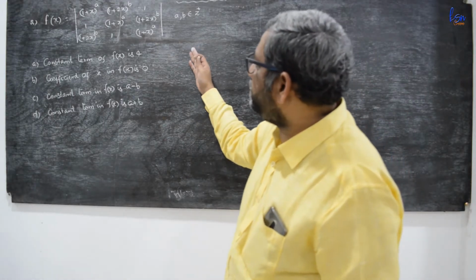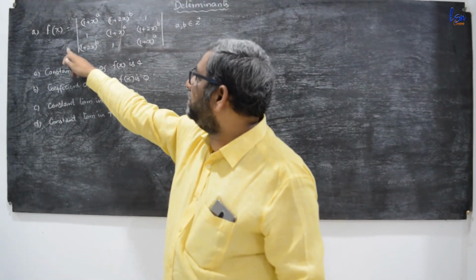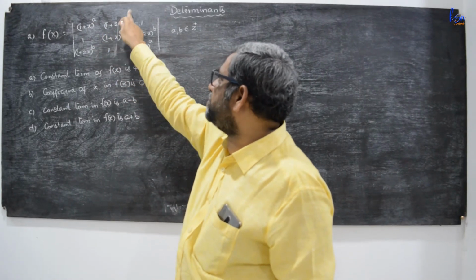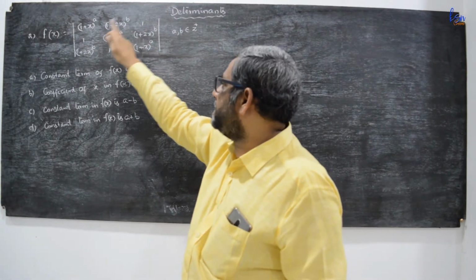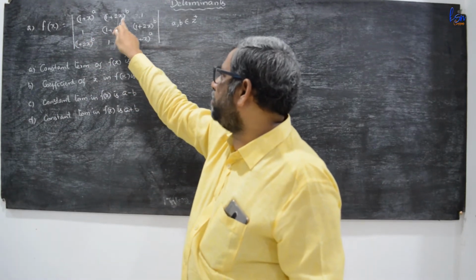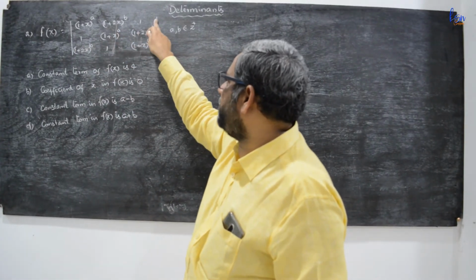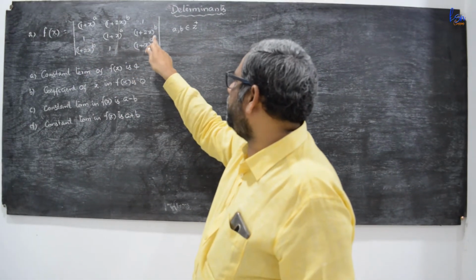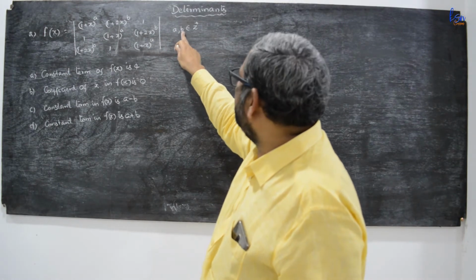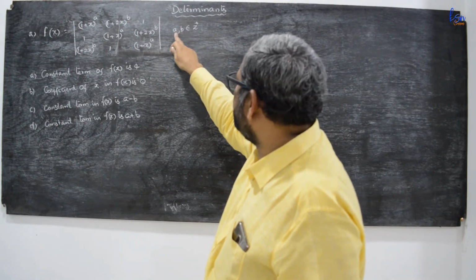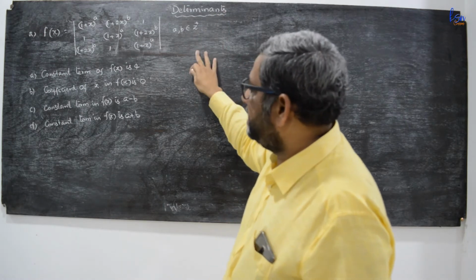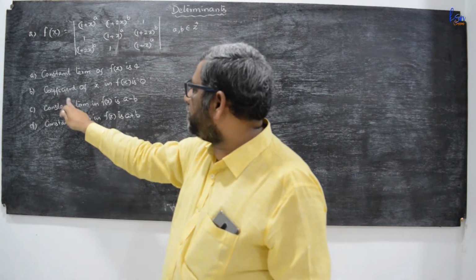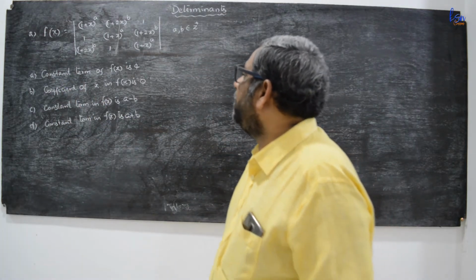Moving on to the second problem. f(x) is equal to the determinant of 1 plus x whole power a, 1 plus 2x whole power b, 1; second row 1 plus x whole power a, 1 plus 2x whole power b, 1 plus 2x whole power b, 1 plus x whole power a, where a, b belong to Z plus, that implies a, b are positive integers. Here we have to test which one of them is correct, constant term and coefficient of x.